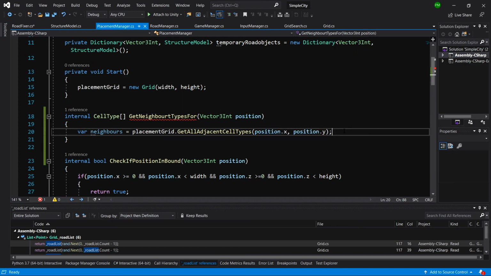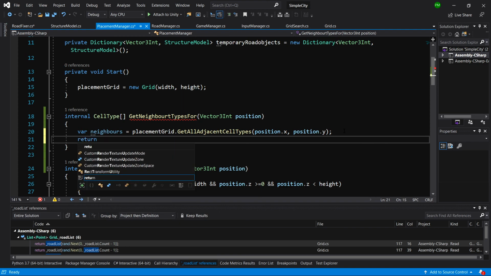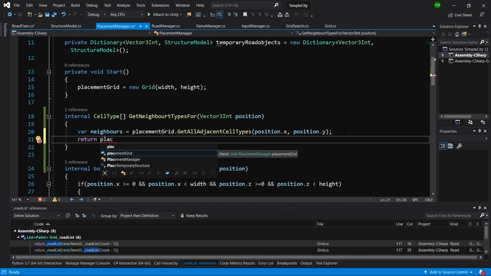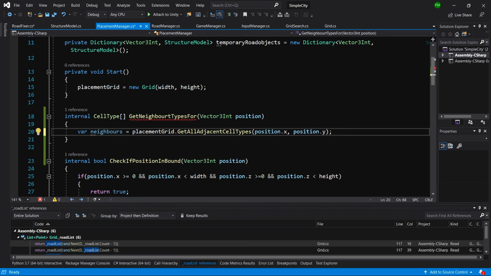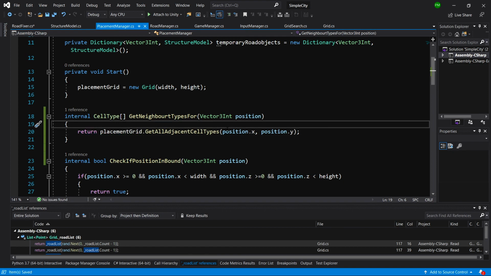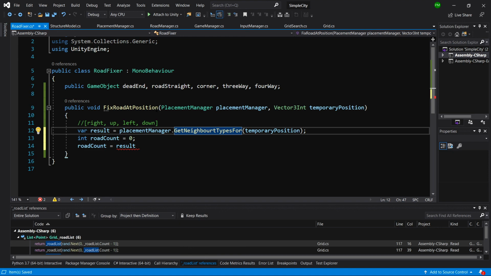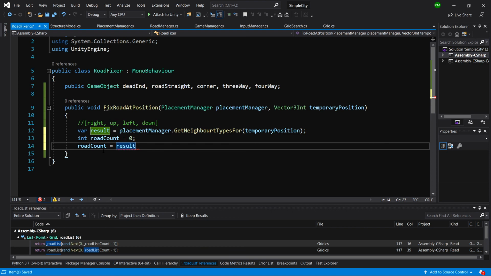Great. And what we are going to do, we are going to return placement grid get, and actually we can simply return it. We do not need to save them into a separate variable. So return placement grid get all adjacent cell types and pass it position. We can use the blue arrow in the top left corner of Visual Studio to go back to our road fixer. Okay, so as we have typed it before, the road count equals results,